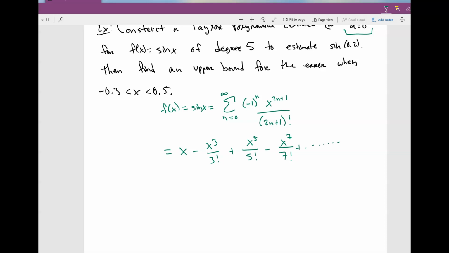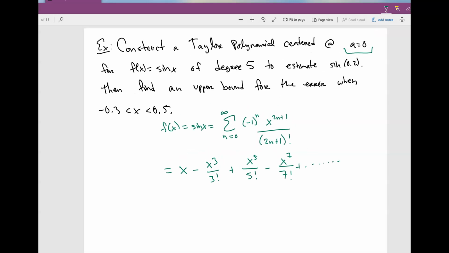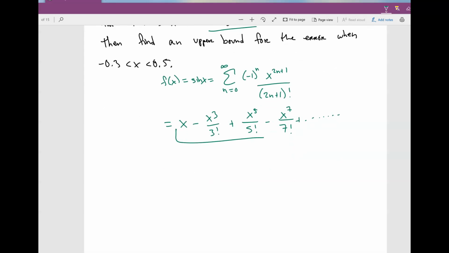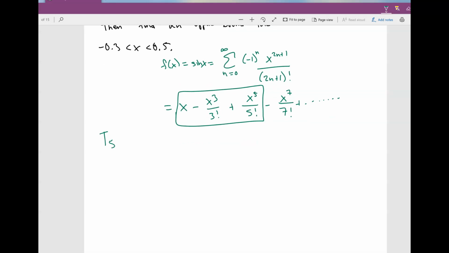Okay, so this can help you reduce a lot of different types of calculations, because if you already know the closed form of this function, then you can just go ahead and write down the series. If you don't, then you have to do it the long way. And notice that this is only for the Maclaurin series. It's not for any value of a. It's just for a equals 0. So now here we wanted a degree 5. We already have a degree 5 polynomial, which is just this guy. So we only want it up to the 5th power. So my T5 of x is going to be equal to x minus x cubed over 3 factorial